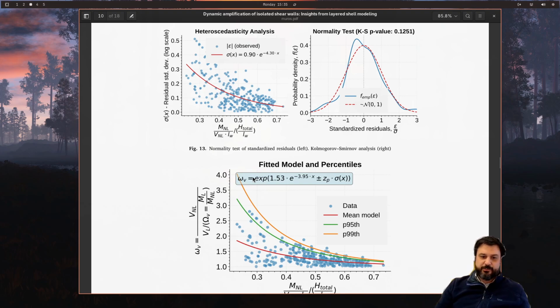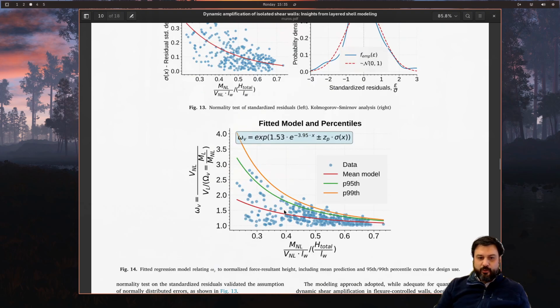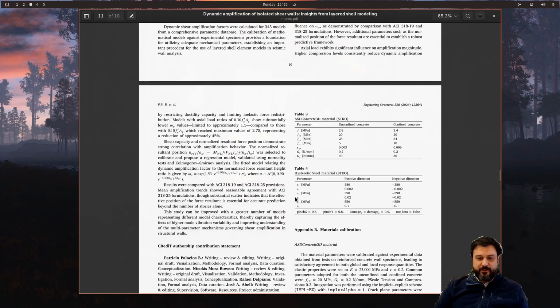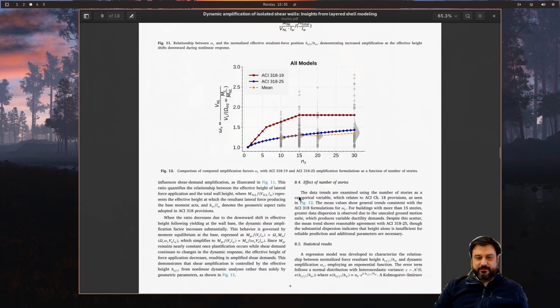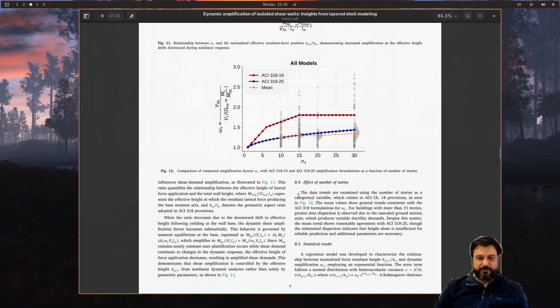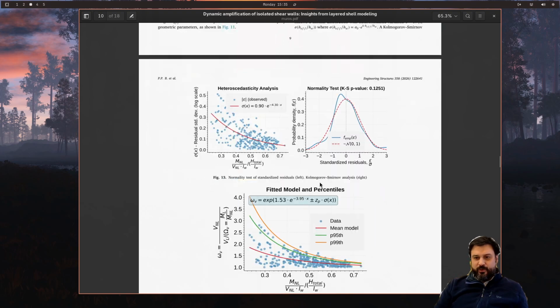And here we have a little model that we came up with. This is the statistics part of the paper, where we basically do a fit at different percentiles for the data. So data mean, this would be the mean model, but then if you want to fit at the 95th or the 99th percentile, you can also have models. So this would be different safety levels if you're doing a code. So this is not my jive. I'm not totally comfortable with the implications of this, but I'm really happy